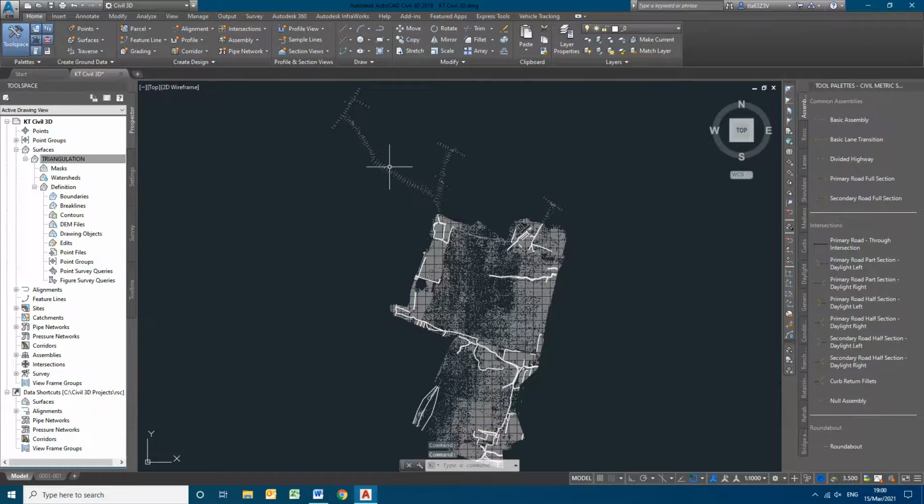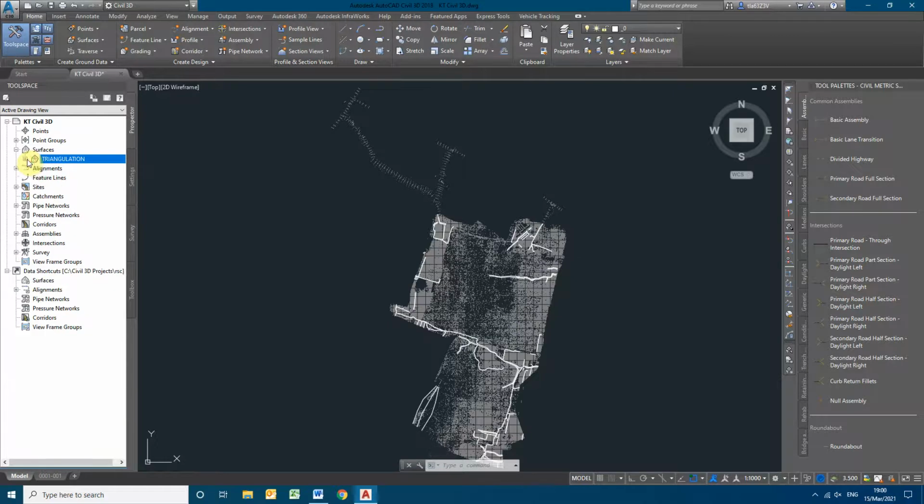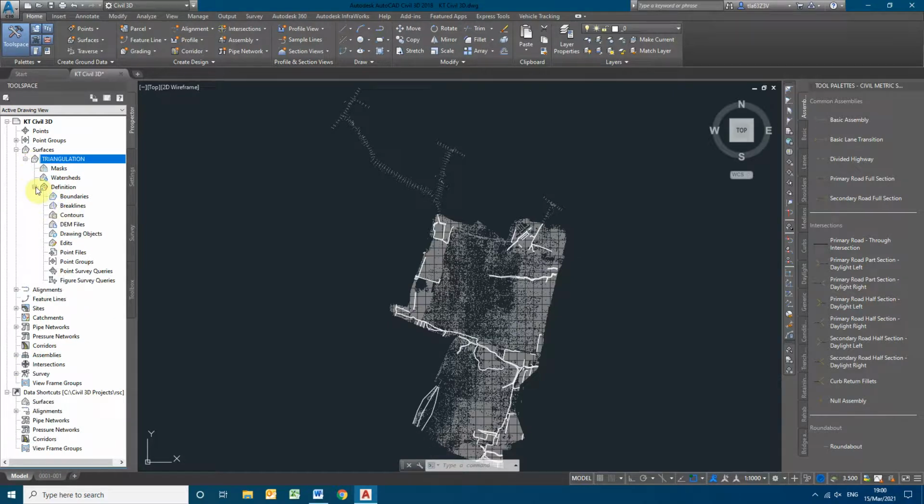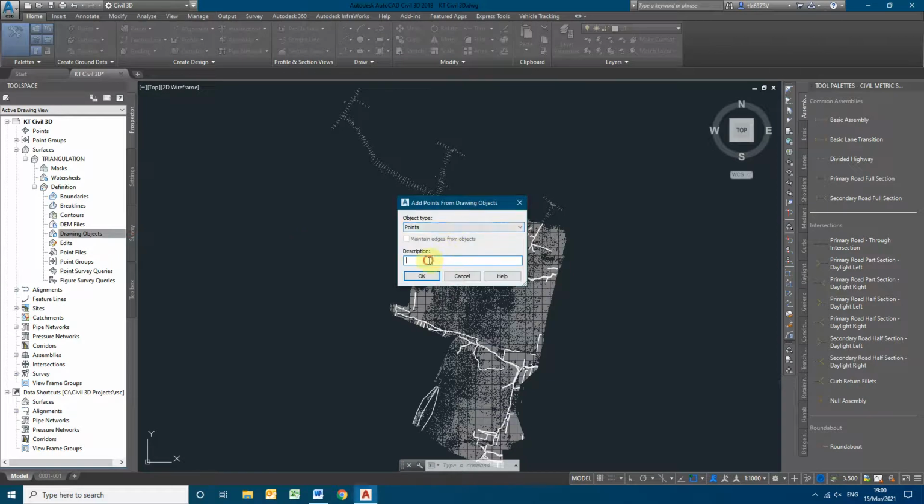Now I will be adding the point data and line data to this. For this, you have to go into this created surface, definitions, drawing objects, and this is the points. You give the group set of the points. We can group the points data of the topo, and we can add every time. Partial data we can add in the first attempt, and another set of data can be added in the future if you want. Each and everything you have to give a name. So now this can be a point A, or we can make it ground points.